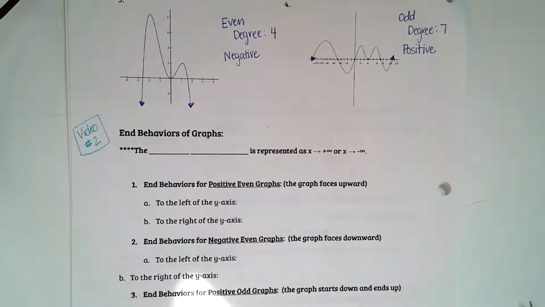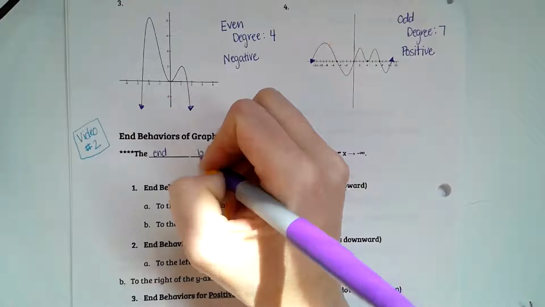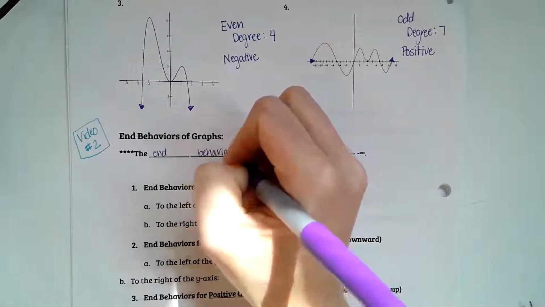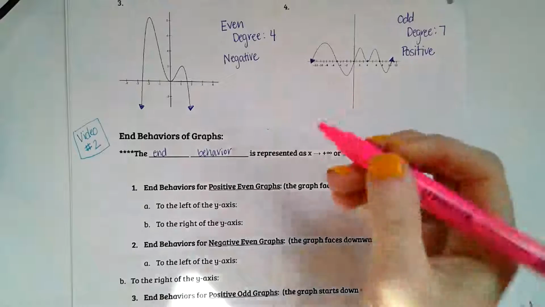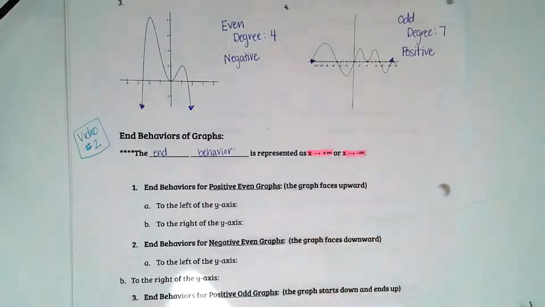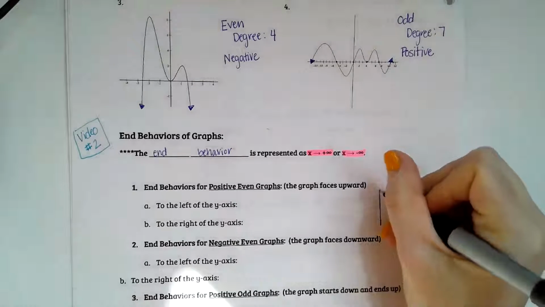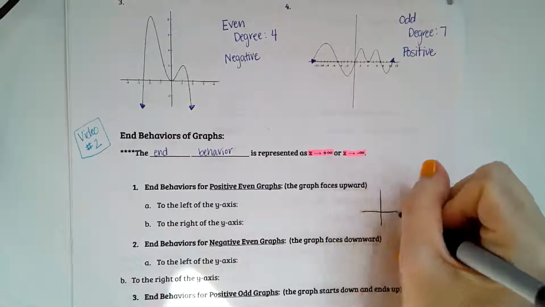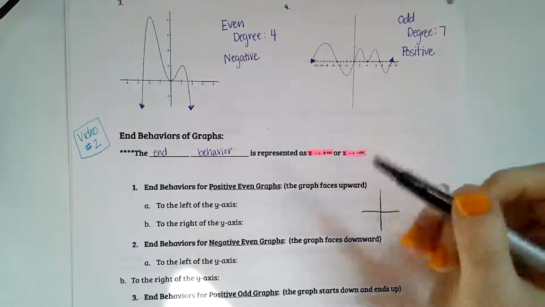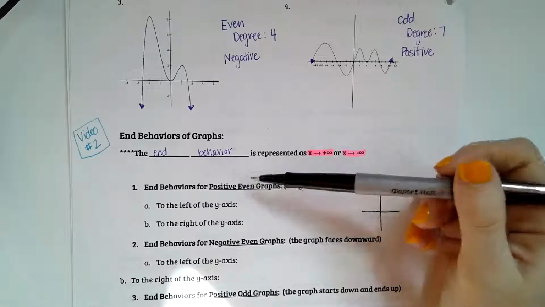Okay, so in this video we are going to talk about the end behaviors of these graphs. So the end behavior is represented by x being positive infinity or x being negative infinity. So a positive and even graph. If it's even, that means that both